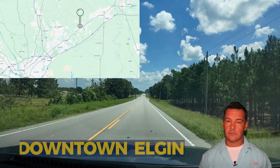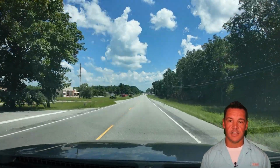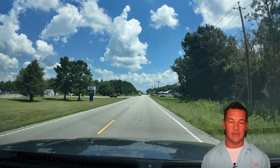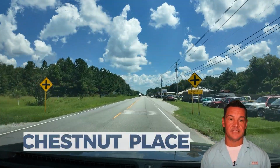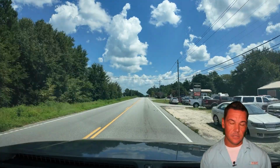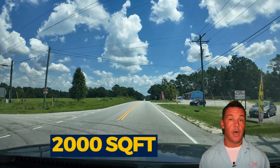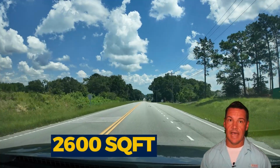All right, so again, that was downtown Elgin to give you an idea. Like I said, very small town. We're not too far from Lugoff, but as we come through town here, you may start to see some signs on the left. And like I said, I might be getting a little ahead of myself here. You're going to find Lennar's neighborhood, Chestnut Place. And these are going to be off the road, so that's why I point them out now, because there may or may not be signs. But either way, Chestnut Place, this neighborhood has homes from around 2,000 square feet for $280,000 up to a 2,600 square feet house for around